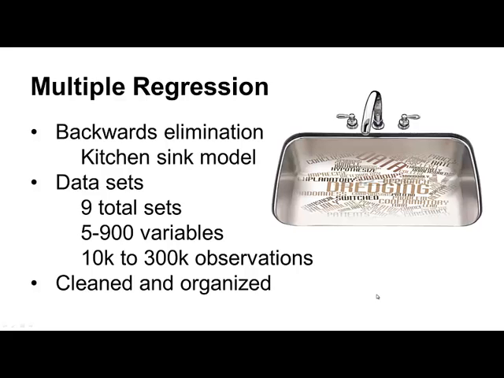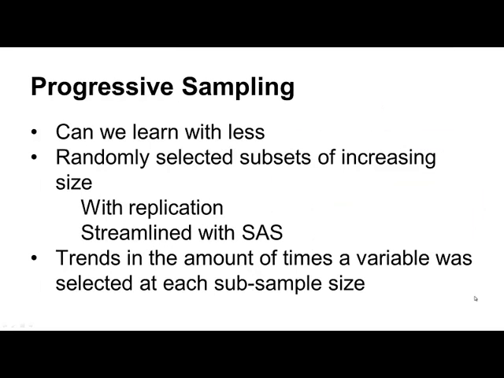After the data was ready for analysis, we used variable selection techniques combined with progressive sampling to learn from the data. The concept of progressive sampling is that one can subsample from a larger set and get the same accuracy, or close to, as learning from the entire set as a whole. We used progressive sampling to see if we could find the important variables for a model before we analyze the entire set. We did this by randomly sampling subsamples from an entire set, and we did so with the starting